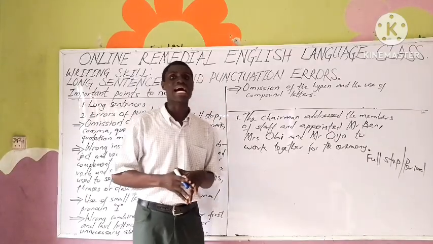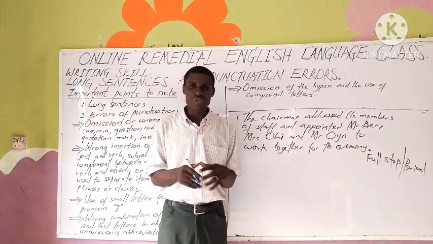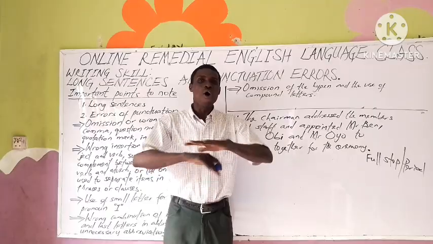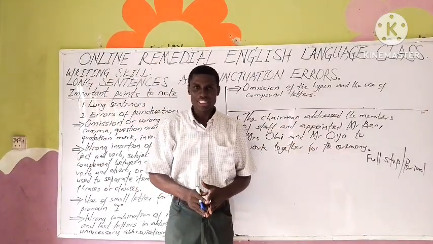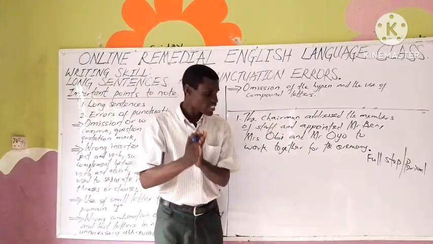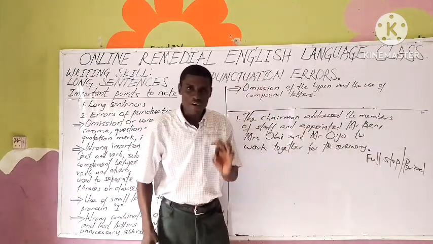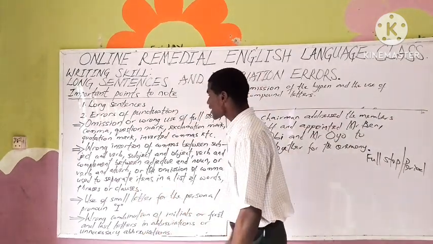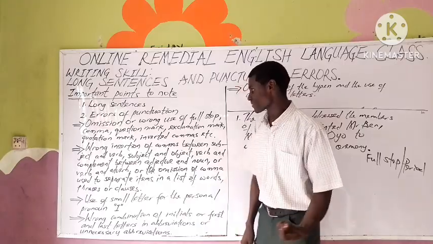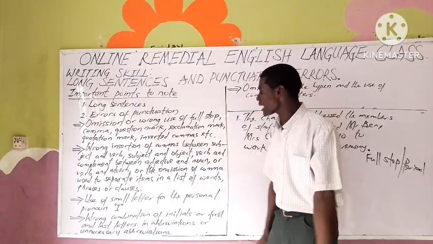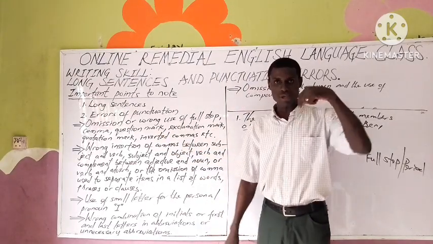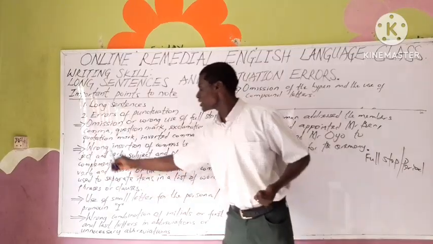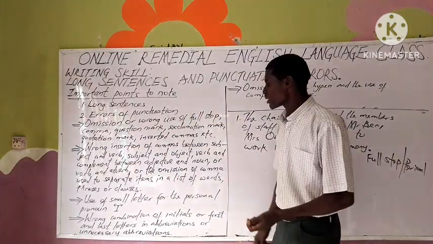So in other words, I am trying to say that punctuation marks are all stops. They are pauses. Just that one of them is called full stop. In other words, your comma is a pause, your question mark is a pause, your exclamation mark is a pause, okay? And your quotation mark is a pause.